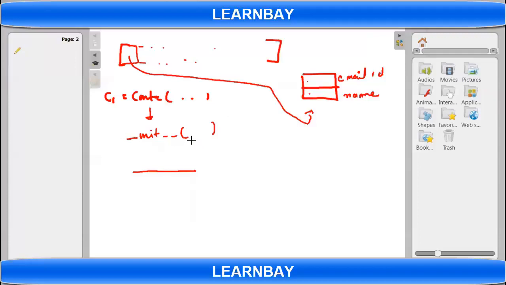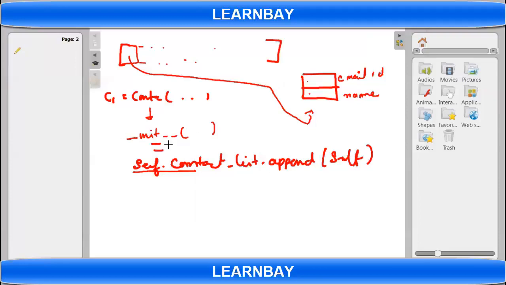But the question is, what should that line be? If you write self dot contact underscore list dot append with self, and here you can do the initialization, email and name, the question is, is it working?